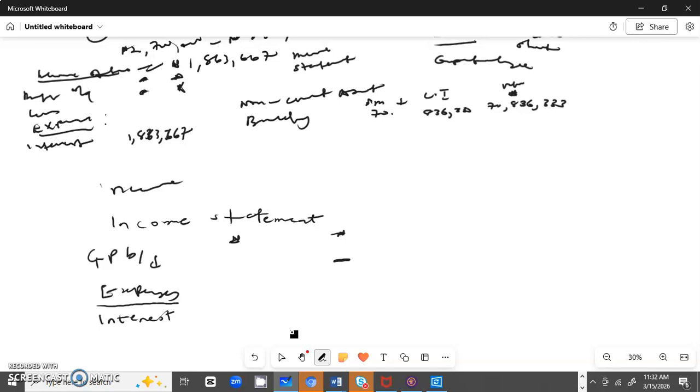So the interest expense is 1,863,667. This is the only information that we have in that question that will go into the income statement. So when we take the gross profit brought down from expense, we're going to have